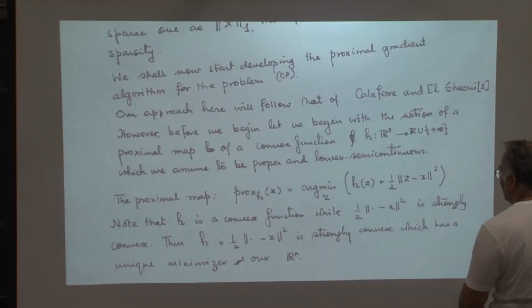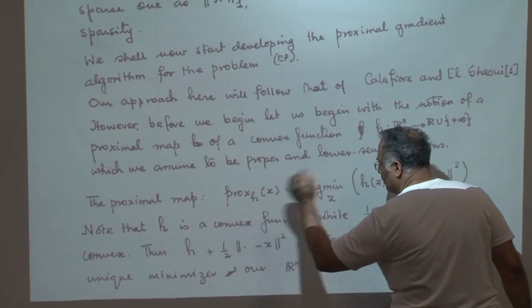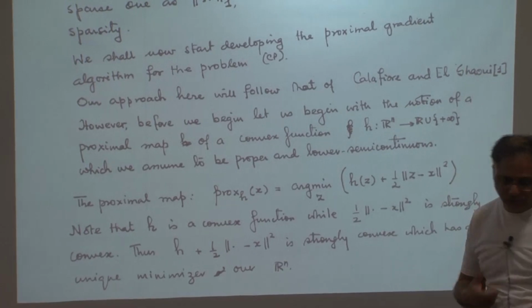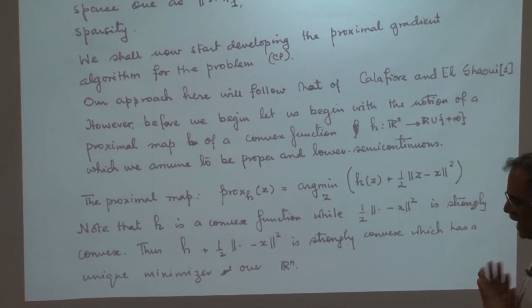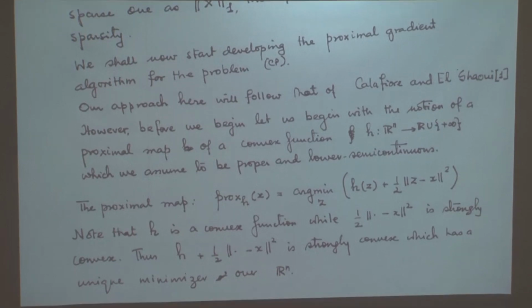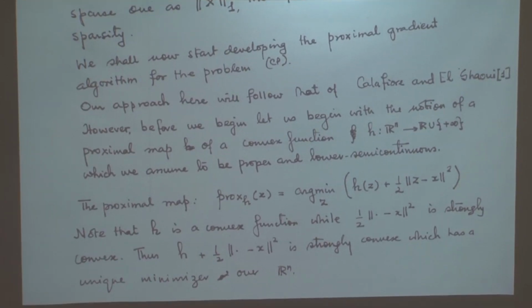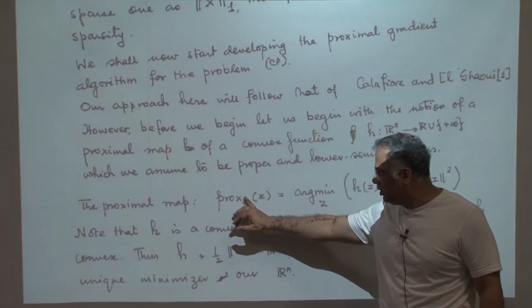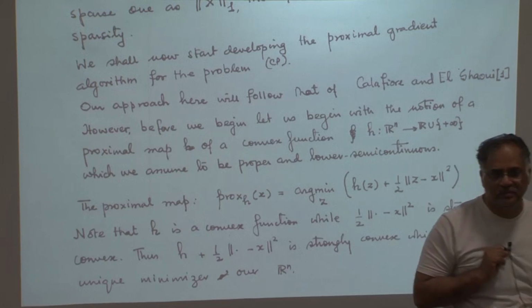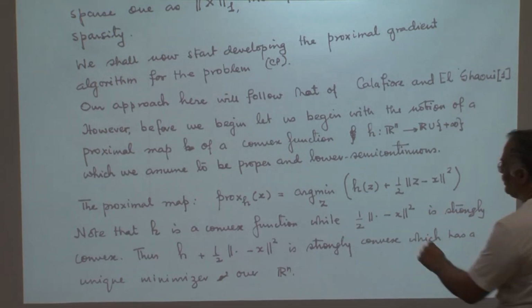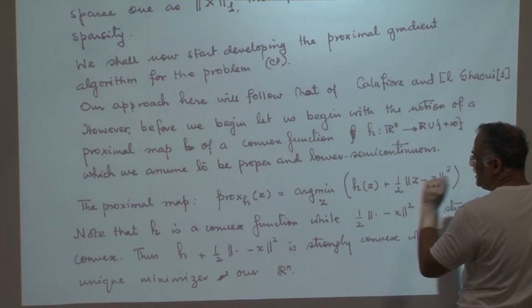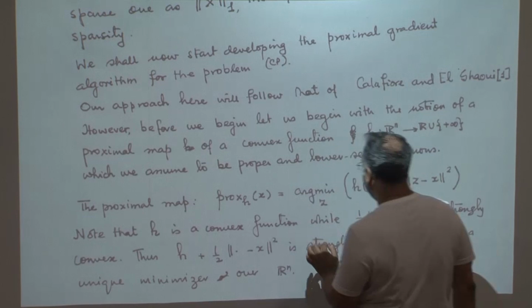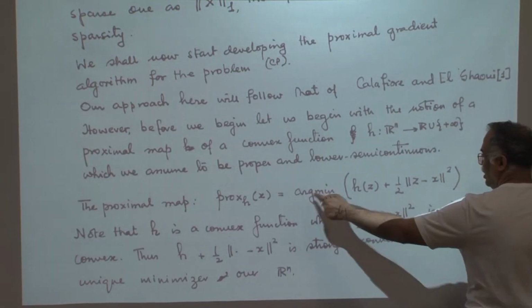So, there is a definition of the proximal map of a given convex function. This is something called inf convolution of two convex functions, but we will not at all get into the issues of inf convolution. That is a very advanced topic, we do not do it. So, here what is the meaning of this proximal map of a convex function h computed at x? It means if h is a given convex function, consider x fixed, because I want to compute it at x. Then it is the arg min of